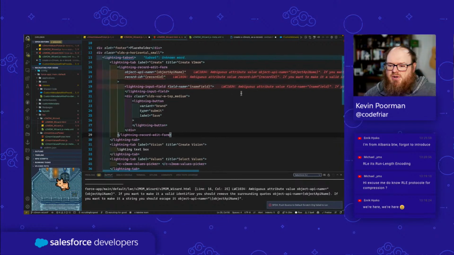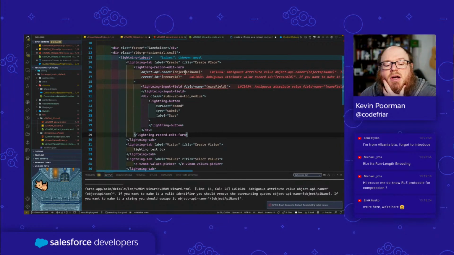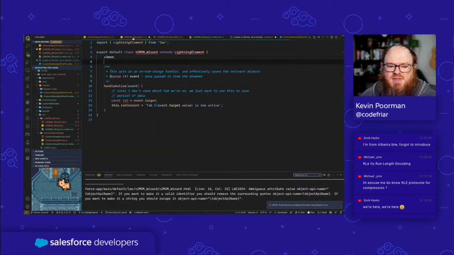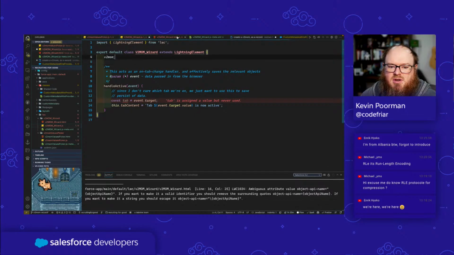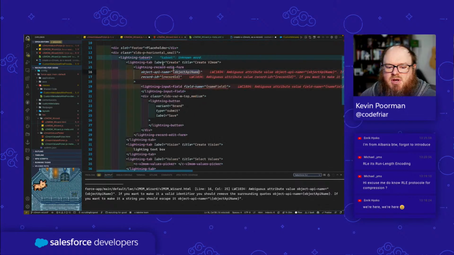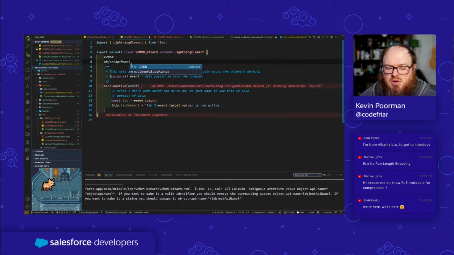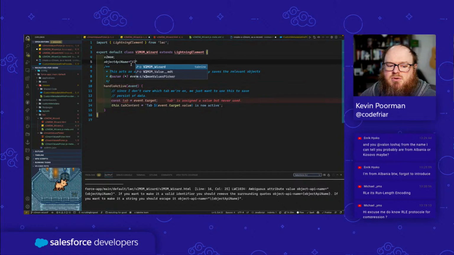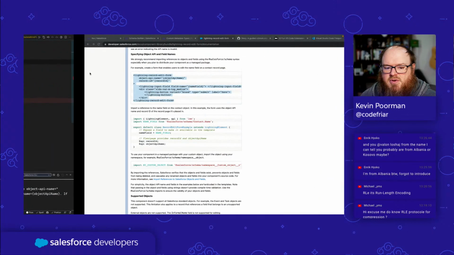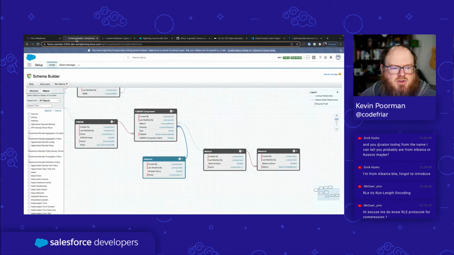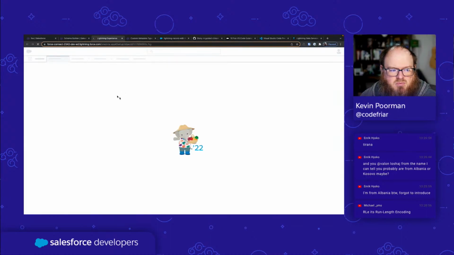Name field is, we don't have a name field, and our object API name in this case is going to be V2MOM. We could set that in our JavaScript here. We could say object API name is equal to, and do V2MOM underscore C, I believe. We've got our schema builder open here. We can look at the V2MOM, and if we look at the object that it is based off of, I think we'll find